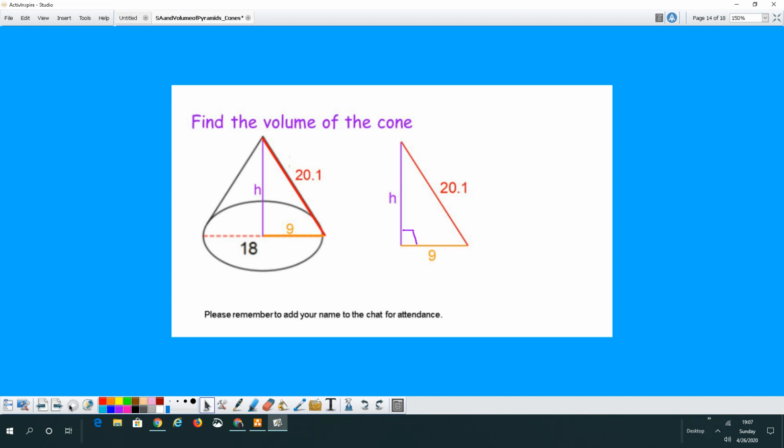All right, so to find the volume of a cone, as I shared before, the volume of a cone is the same formula, same thinking process as the volume of a pyramid, because they really are basically the same figure. It's just that the base is slightly different. One's round and one's any number of other shapes. So we use the same formula,